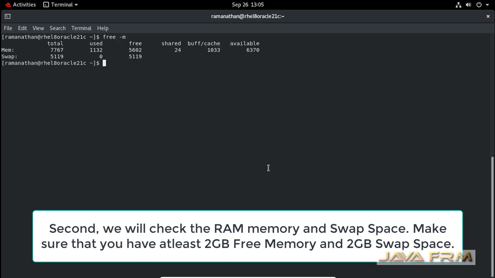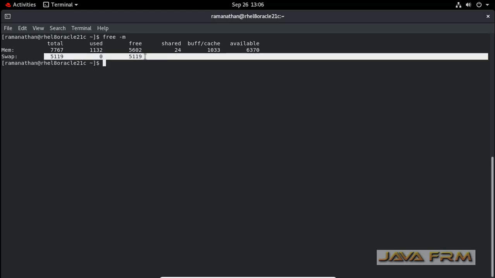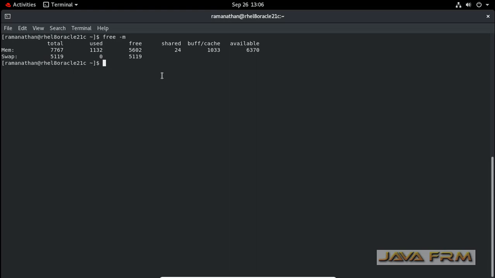Next, I am checking the RAM. You can see that I have 5 GB free RAM. A minimum of 2 GB free RAM is necessary to install this Database Express Edition. Moreover, it does not support more than 2 GB of RAM. For swap space, you can see I have enough, 5 GB of swap space.